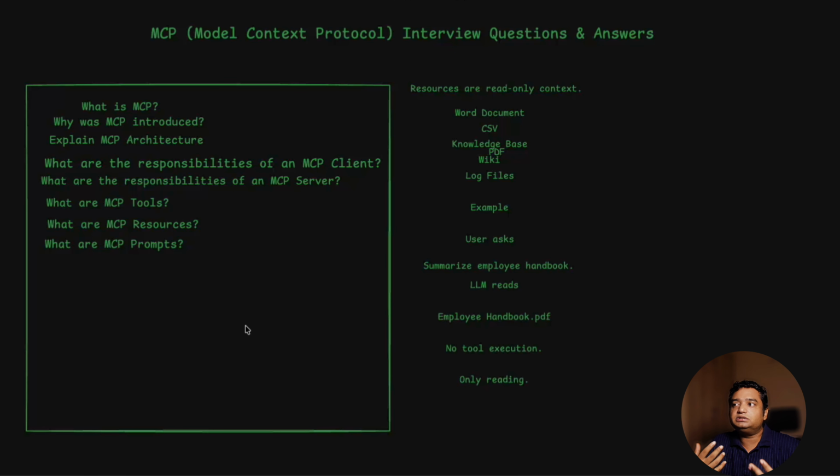Similarly, if you have a multi-agent system, you want your system to think over whether it really requires external tools, or whether the answer is already there in some repository that it can look into. So this is where the MCP resource comes in handy. You can keep Word documents, CSV files, any kind of files. When the user asks, for example, to summarize the employee handbook, the LLM understands that this can be fetched from the resources, so it will go into resources like employee handbook.pdf.